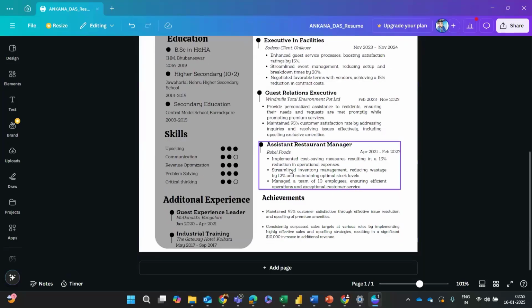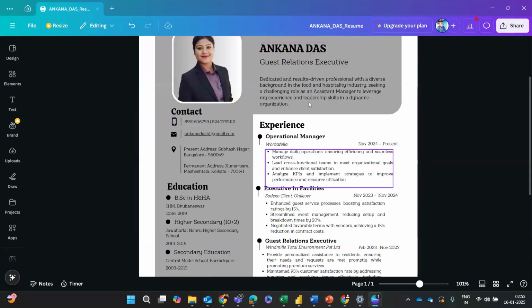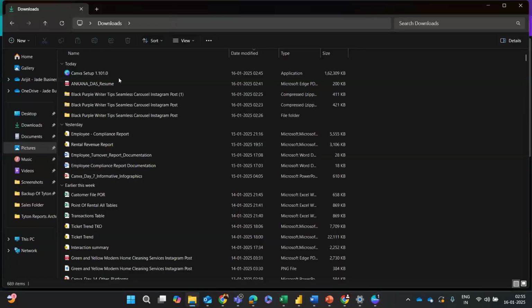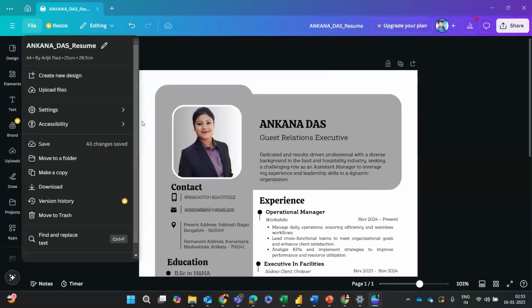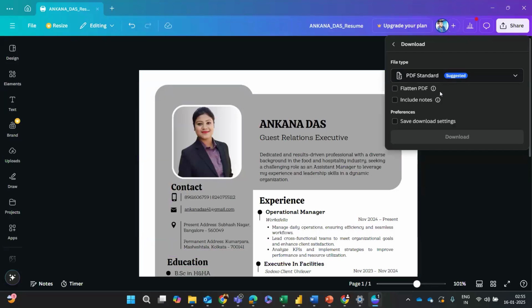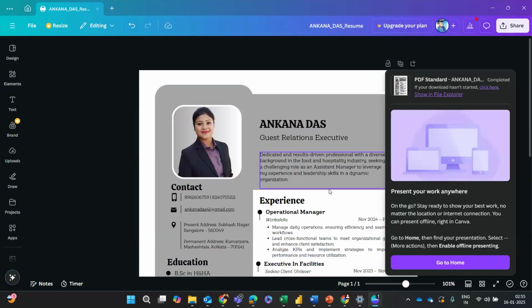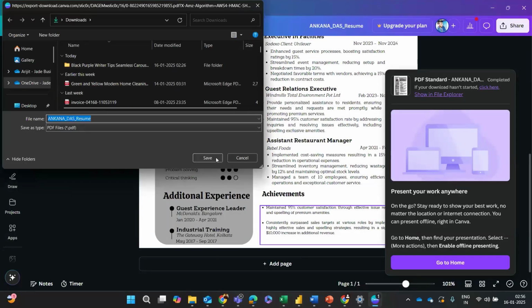And this is what we are using. We just use a few lines, few images to make this change to our resume. We'll go to file. Let's just delete the previous one. I don't need this one anymore. Even SAP. And we go to download. We go to PDF standard. Again, press download. It will take a few seconds to save this, and it will make sure that this is